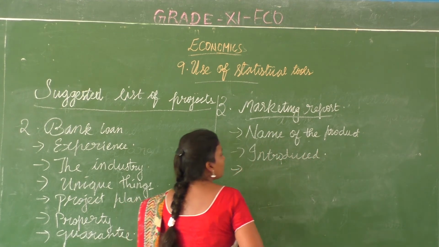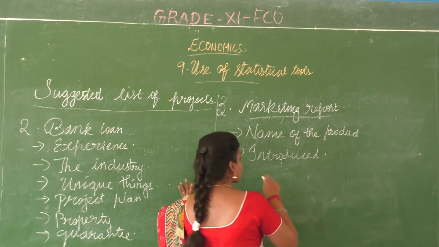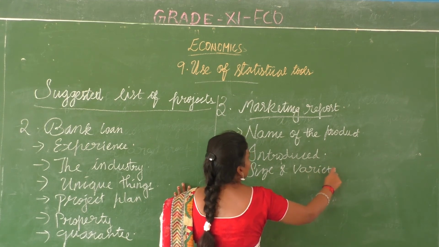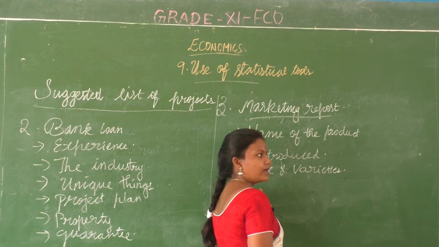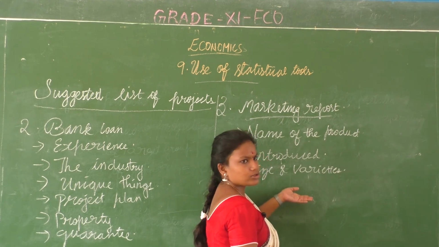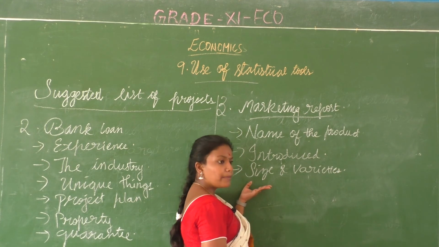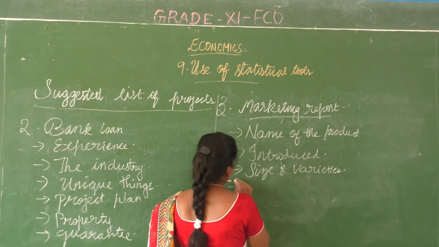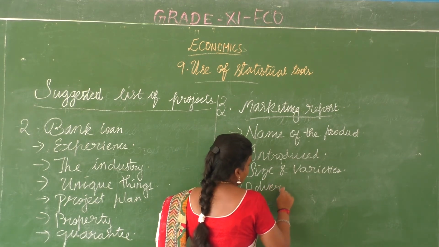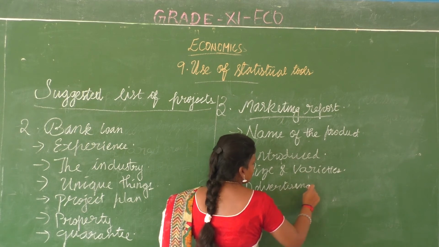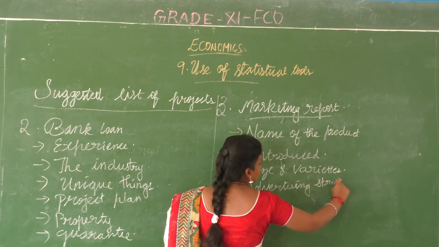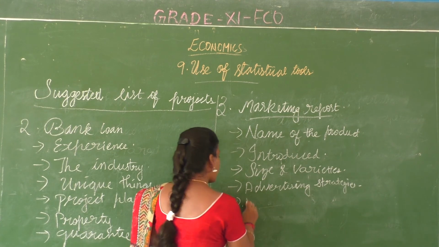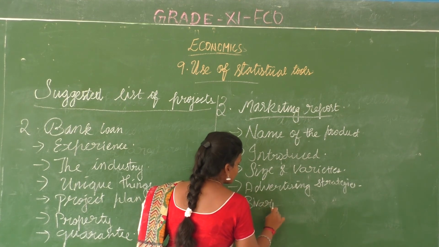okay, are there any size and varieties, 200 gram pack, 400 gram pack, then elaichi flavor, butterscotch. If you take ice cream, you have 100 ml, 200 ml, 500 ml, you have different flavors. Idella you can put. Then advertising strategies that you have used. Then you can have a bivariate